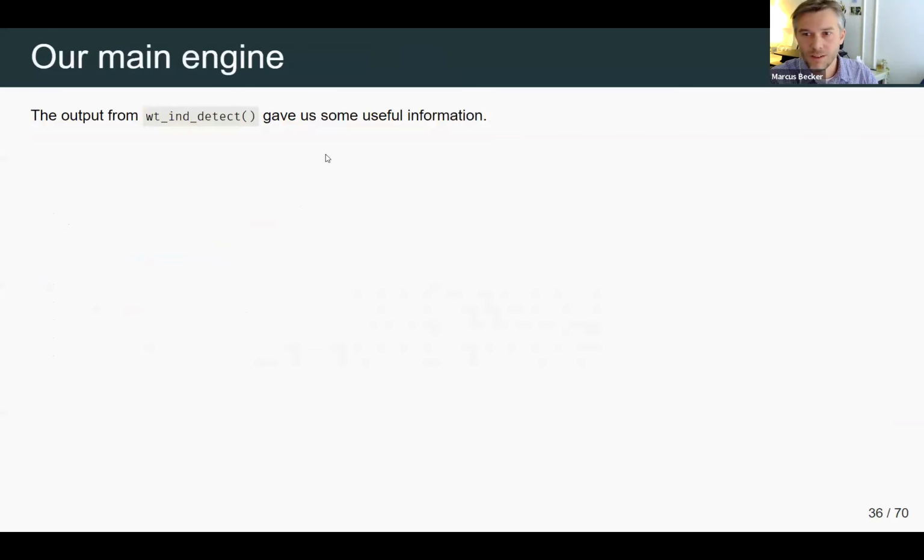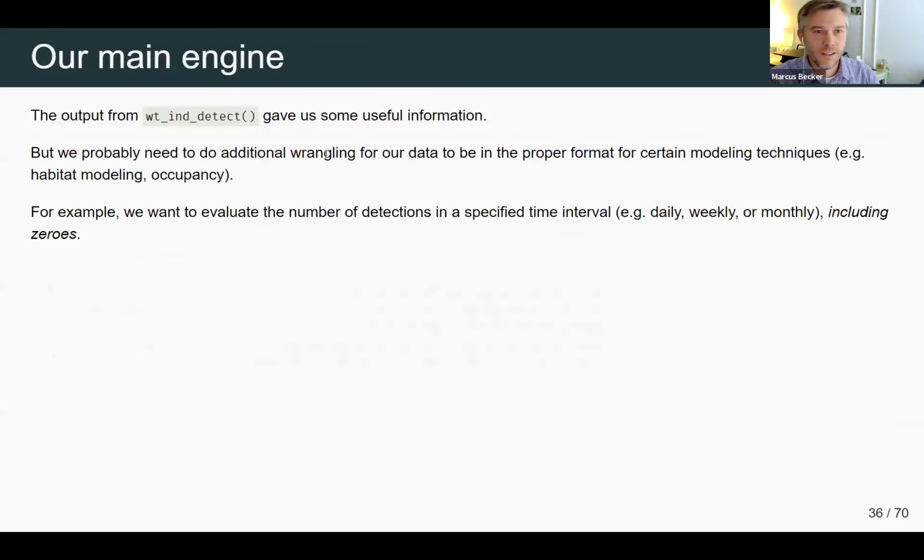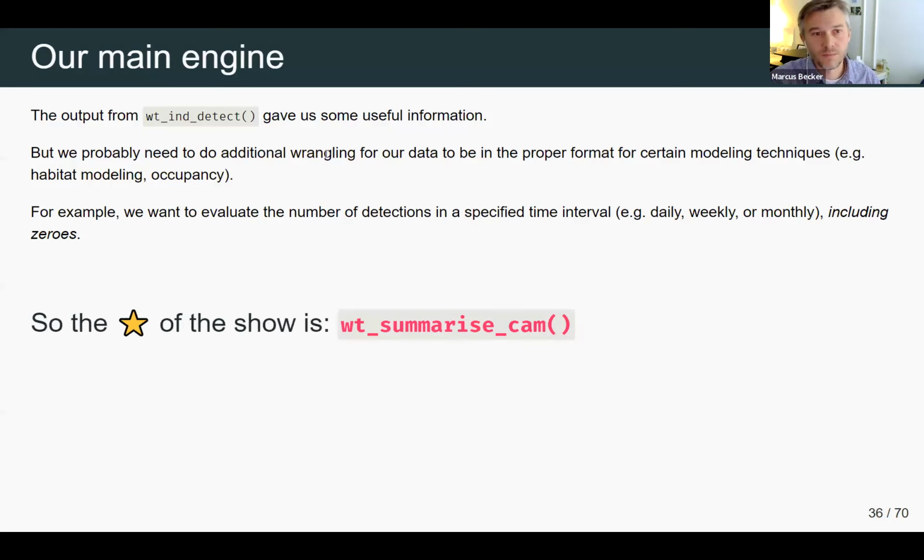So one more, the last one that I'll talk about, is a function that will put a lot of your camera data into a nice format for certain modeling downstream, like habitat modeling or occupancy. Often we want to take that detection data and spread it into or summarize it into the number of detections over specified time intervals. And we also want to include zeros, right? So the star of the show, as I like to say, is